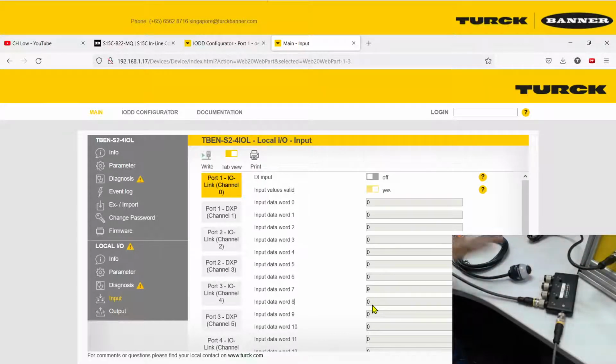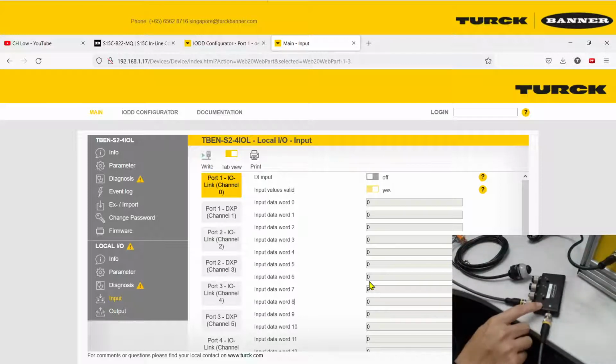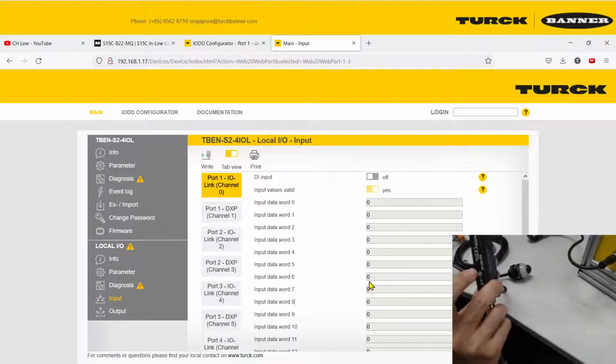So that's about some of the more useful functions in our device over here,